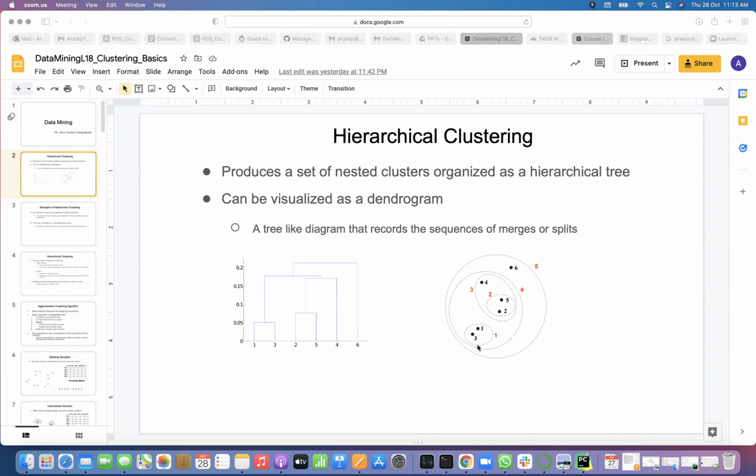So what is cluster 1? It has 2 points. And cluster 1 is part of which cluster again? Cluster 4. So cluster 4 is the union of cluster 1 and cluster 3. Do you agree with that? Yes, sir. Can you see the same thing in the dendrogram? Which ones are merged to make cluster 4?